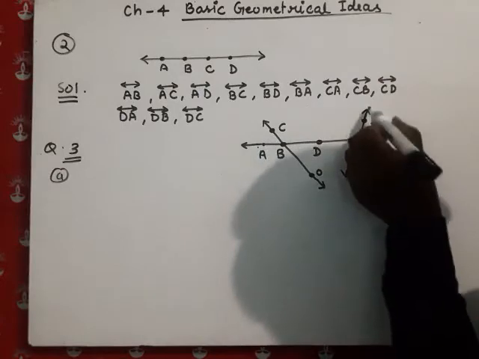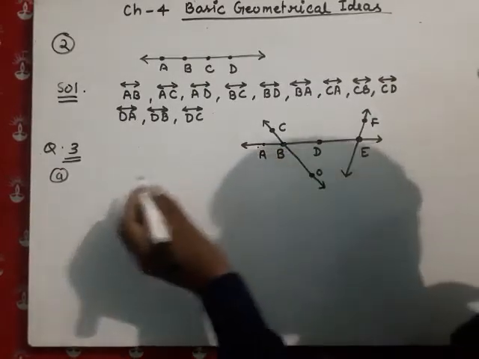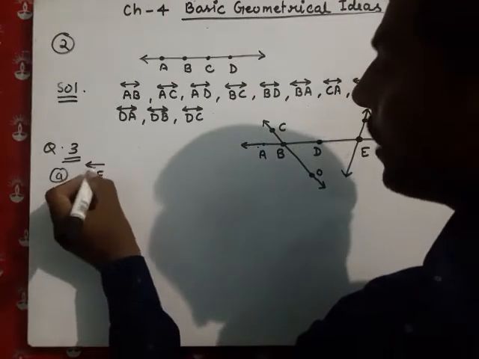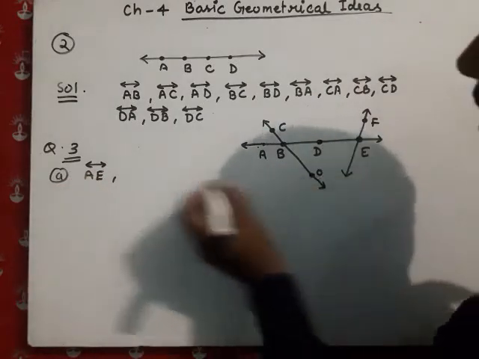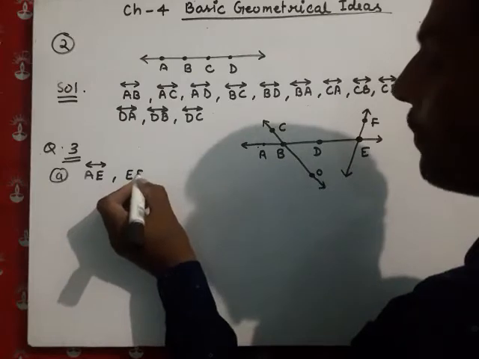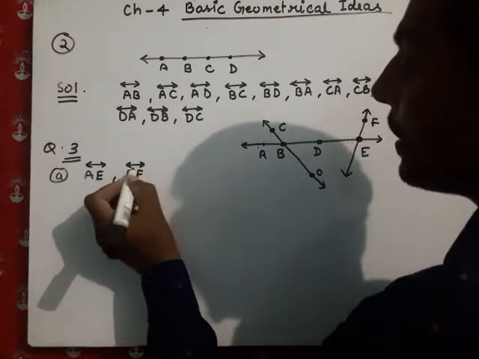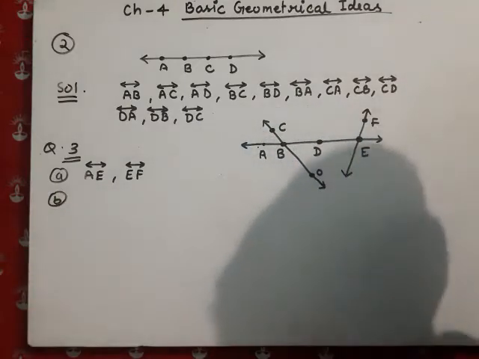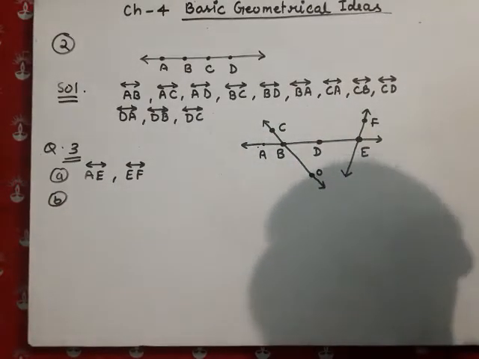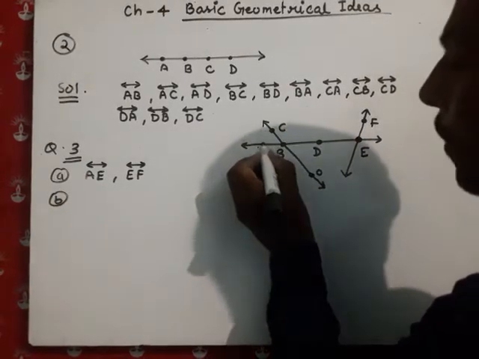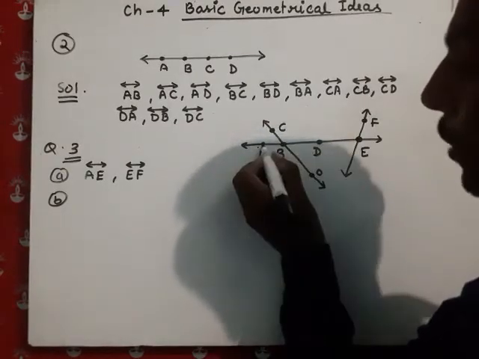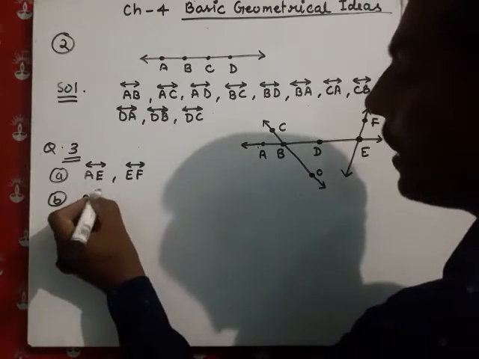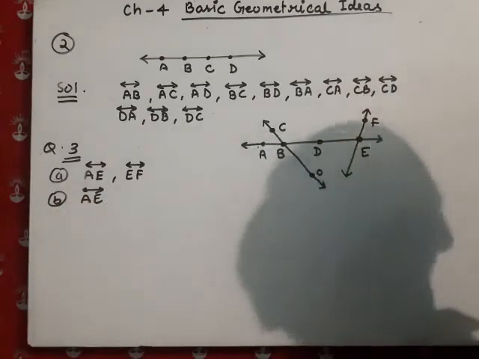So the point is given on this line and this line both. So we have to write down the names of these lines. A is one line and EF is also a line having the point E. Now going to the B part. B part is saying that we have to write down the line passing through A. We have to write down the name of the line that is passing through the point A. So there is a line given, AE. So AE is a line that passes through the point A.